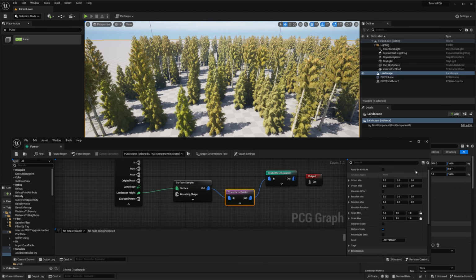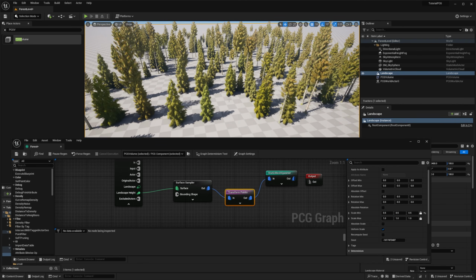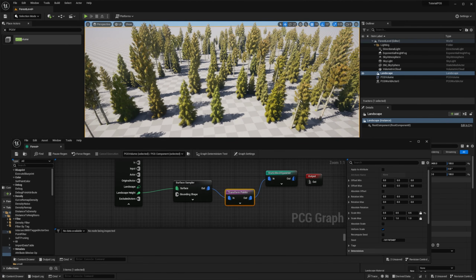But you can see on the right that you have multiple things that you can do. First, let's say I want to have trees that have a scale between 50% of their scale and 100%. So I can just change this minimum scale to 0.5. And you can see that the trees have changed sizes. Now we pick randomly a size between 50% and 100%.